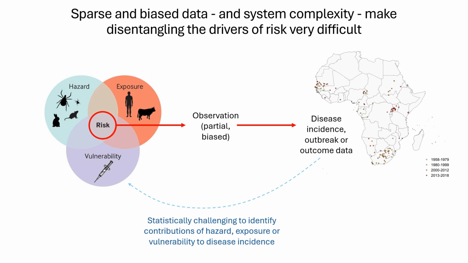What that means is that the data that we have are very patchy. They are already the outcome of a complex underlying process that we don't understand very well. That is further confounded by the observation process, which means it's really hard to reverse engineer from those data and ask, what was driving these outbreaks? Was it predominantly vulnerability? Was it predominantly hazard? So it's very difficult for us to weight the contributions of those different drivers